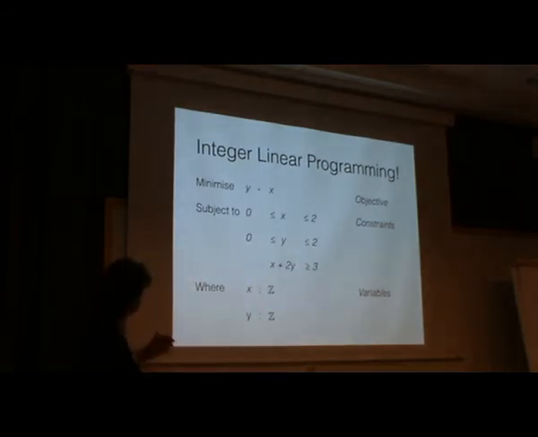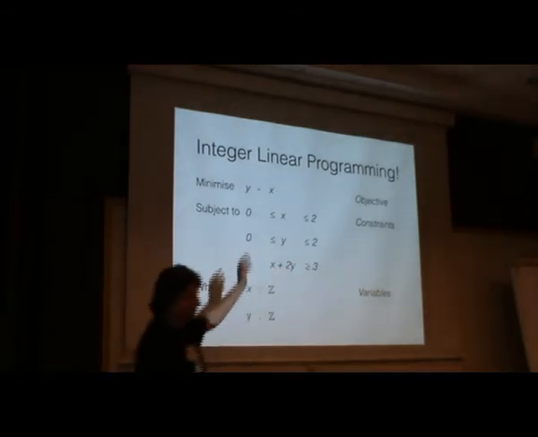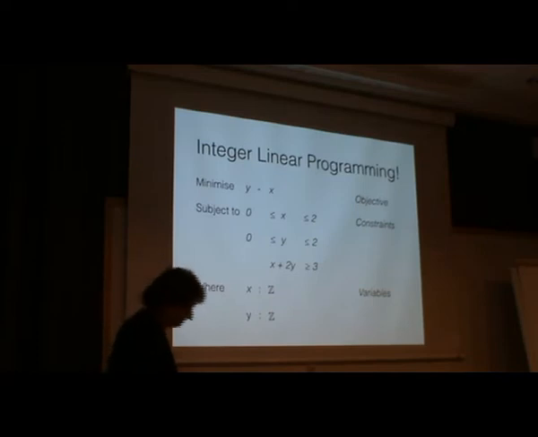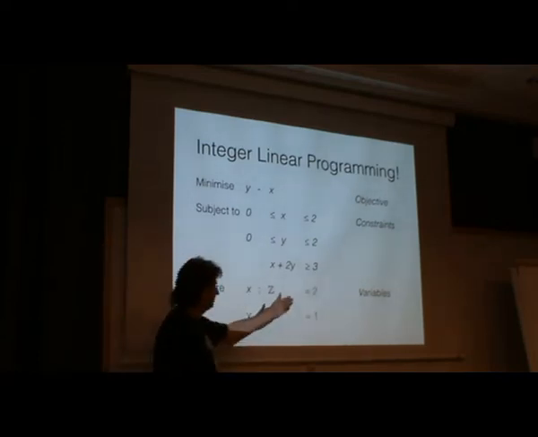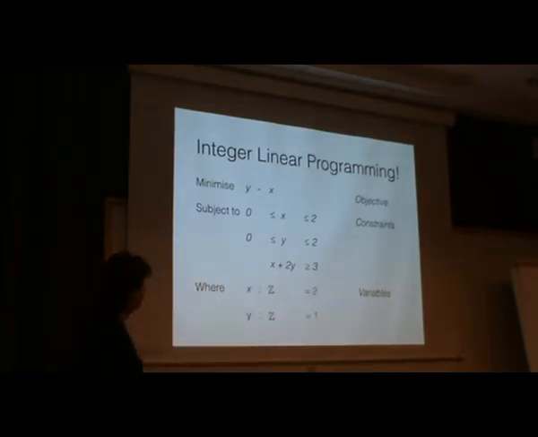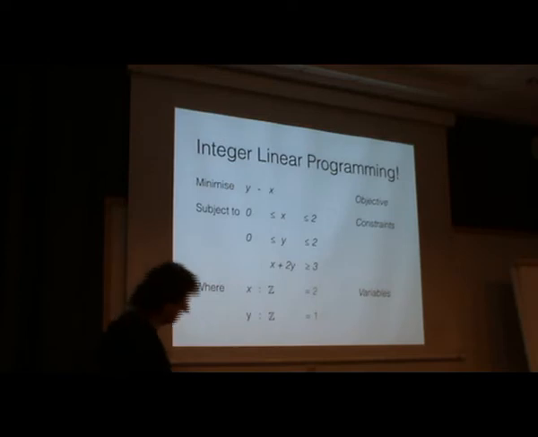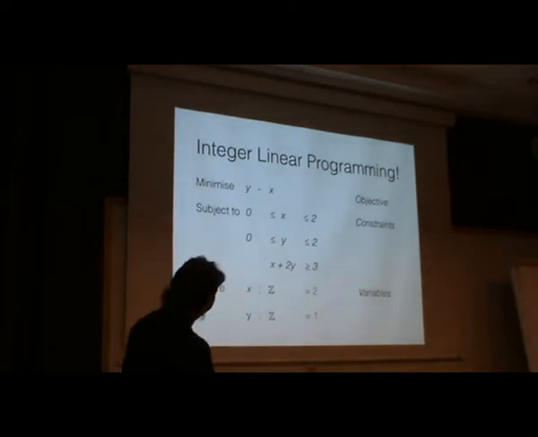X is 0, x is 2 and y is 0. That doesn't actually fit this constraint. So we need to bump y up by 1. And we end up with the solution, x is 2 and y is 1. These external solvers can deal with a lot more complicated problems than that, but hopefully that's got